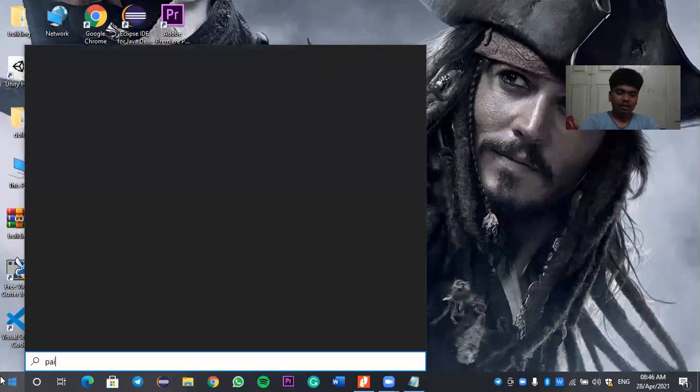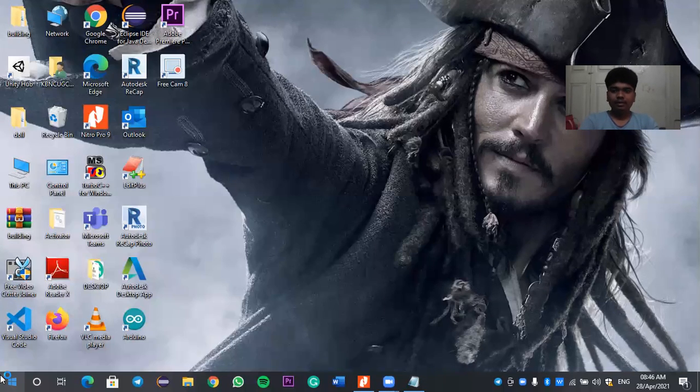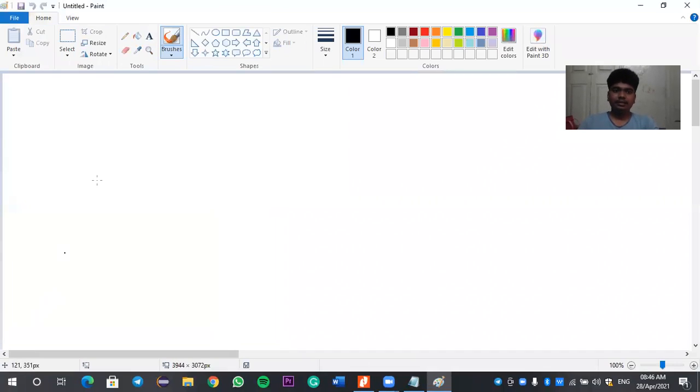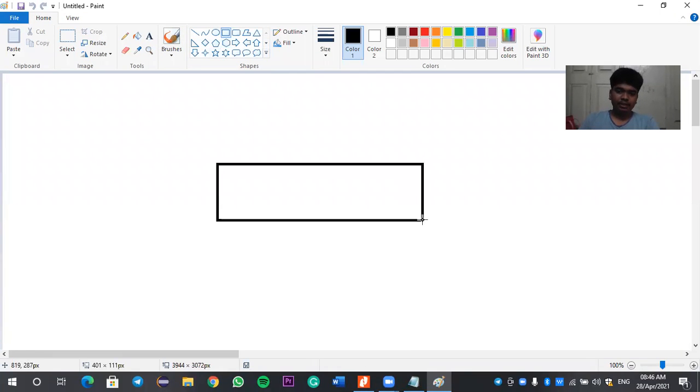So what is meant by a queue? A queue is also just a linear data structure, but the rule may differ. In a stack, there is only one end. That is, insertion should be done from one end, and deletion also should be done from one end. So both should be done from one end, and that is known as a stack. But a queue is a little bit different from that.